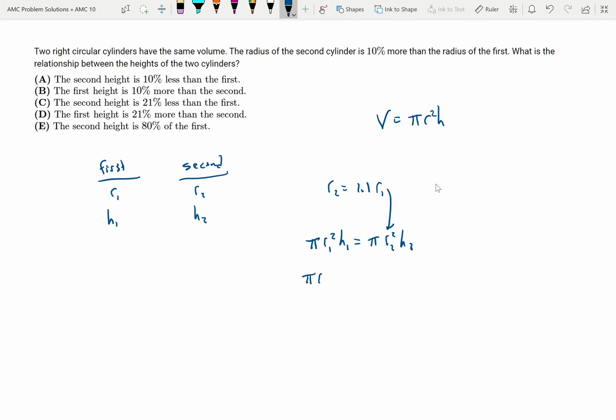So I get pi r1 squared h1 will be equal to pi times 1.1 r1 squared times h2. Okay, and simplifying that out, I get pi times,